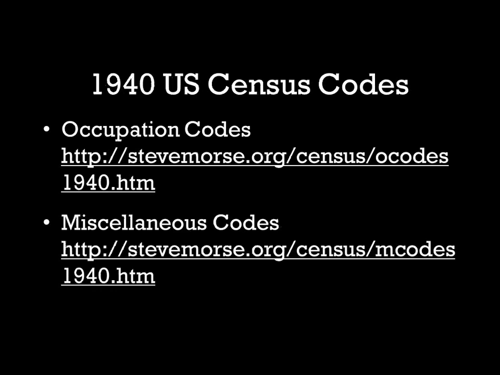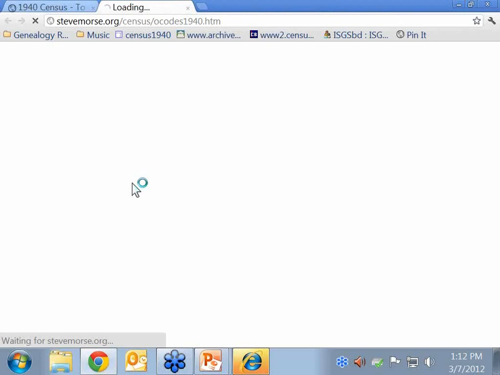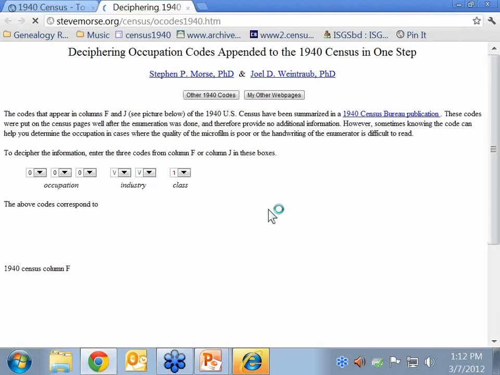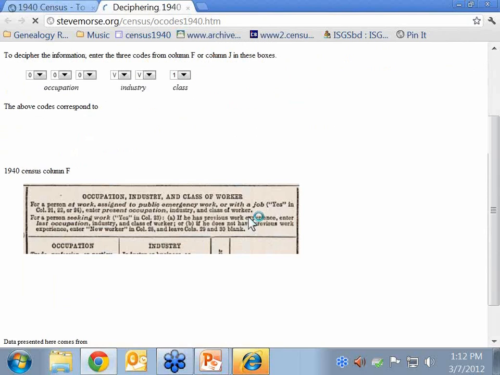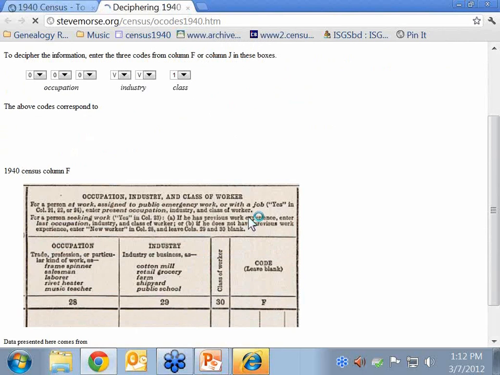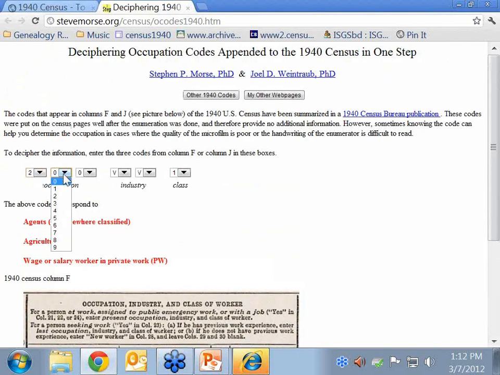One other area that you will see expanded is the use of codes. Coding is a way on a census to get a lot of information in a small place. Now, we'll take our first look here at the One-Step site, but the One-Step site has set out all the occupation codes and the miscellaneous codes. Let's go ahead and take a look over here. These are deciphering the occupation codes, and it shows basically what column F in the 1940 census looked like here. And if you wanted to, you just plug in what the codes are,